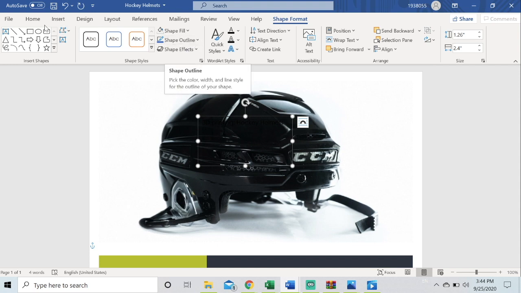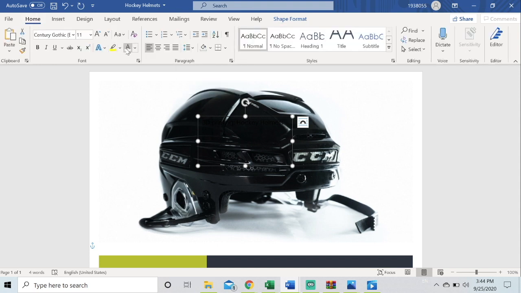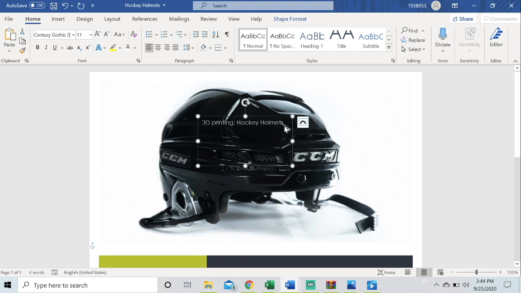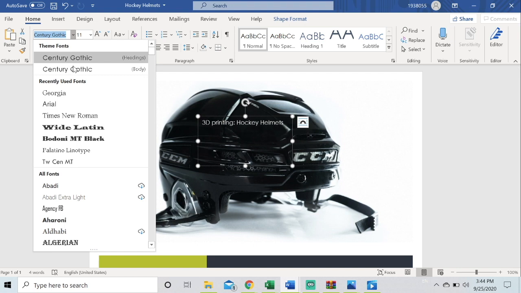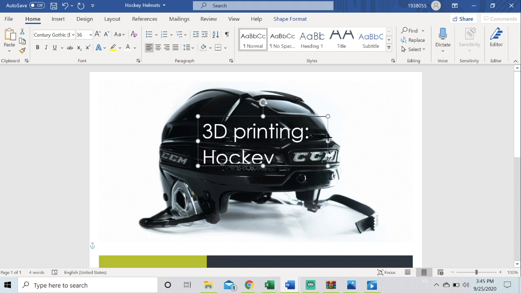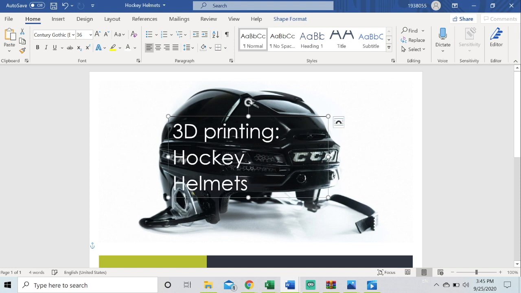So I'm gonna go on Home tab and to font color white so we can see it. And the same, I will change the font to Sans Serif Gothic as it was already, and the font size to, let's say, 36. Then I change the properties of the box so I can be able to see